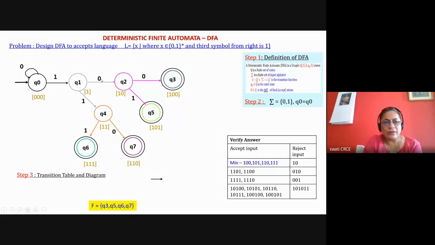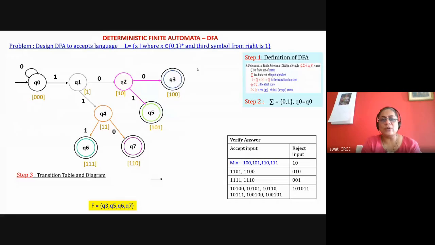Now I'm going to the state Q1. Both the transitions are done. So Q1 is over, Q2 is over, even Q4 is over. Now in the state Q3, you have to take care, because if you try any other method, you will not get the solution. For this particular problem, this is the only solution. Now after this 100, if you get a 1, you just have to remember the last three symbols. It will become 1001.